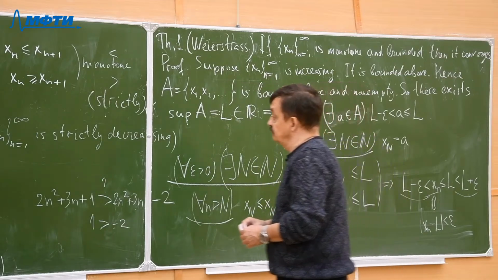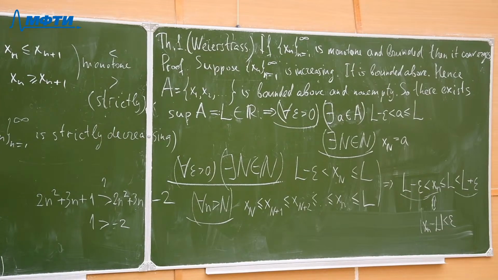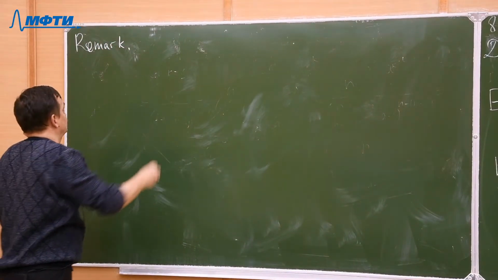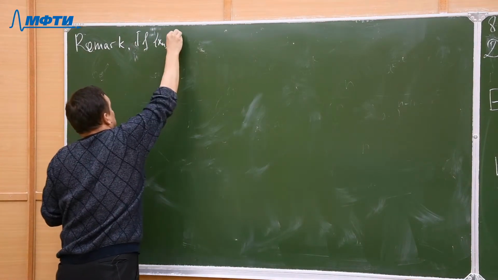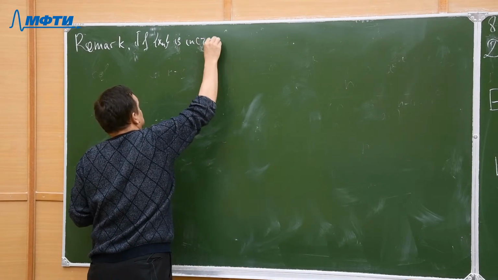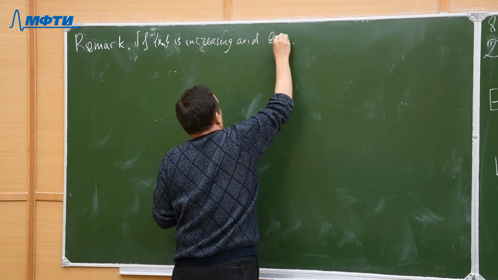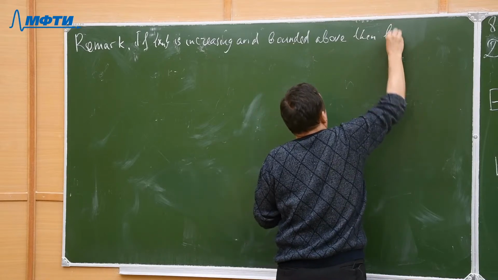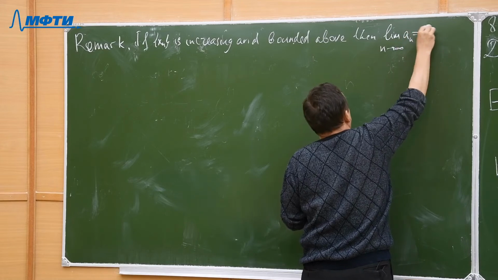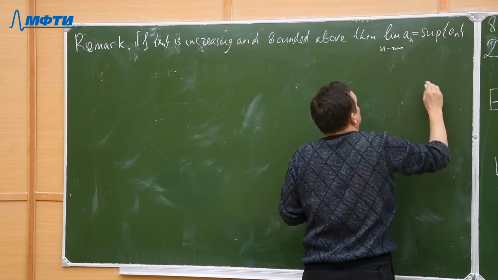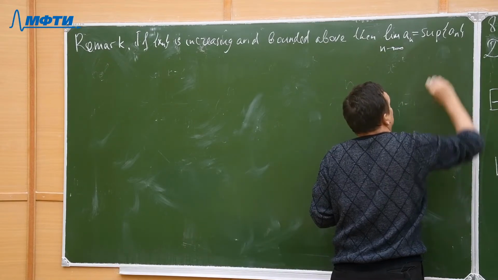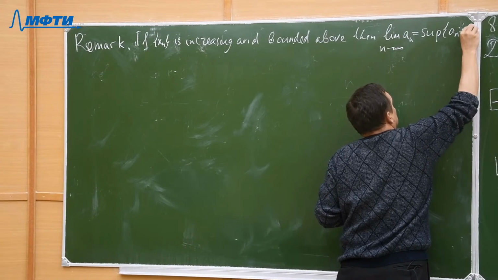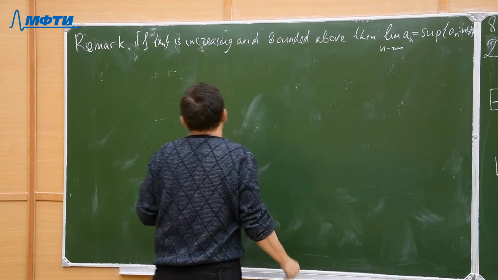And let me make a remark. So if xn is increasing and bounded above, then the limit exists and is equal to the supremum of the set of all xn, maybe I write like that, where n contains all naturals. And analogously, if